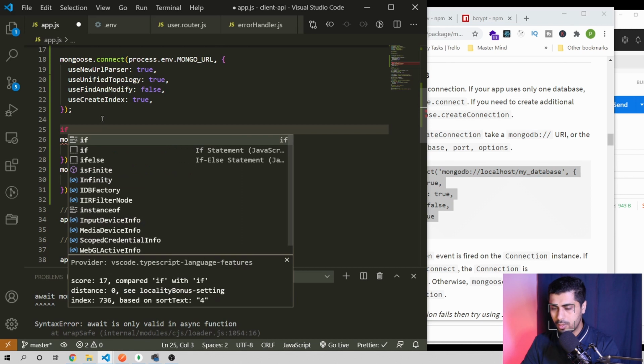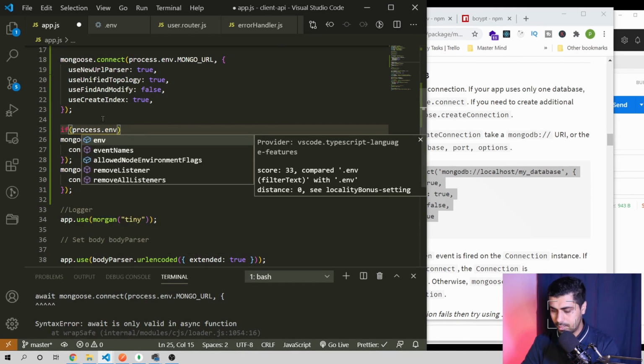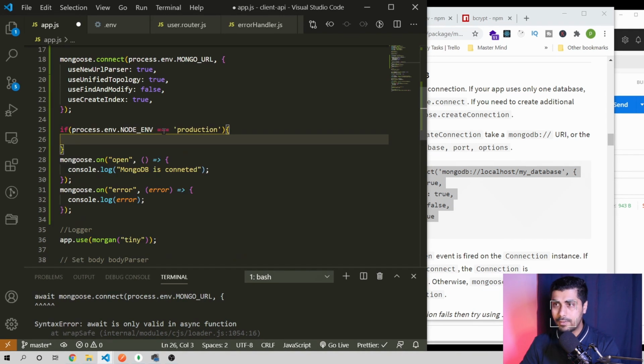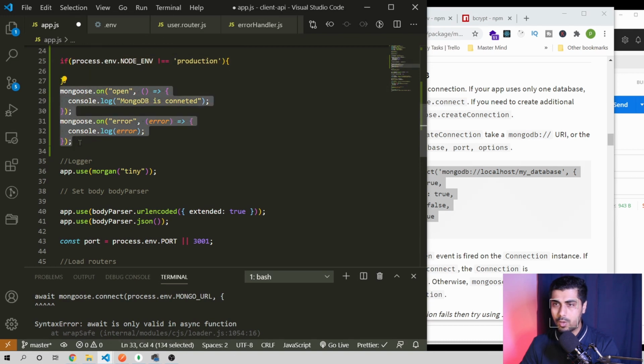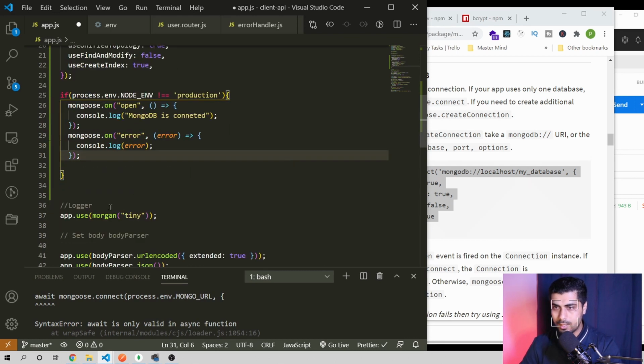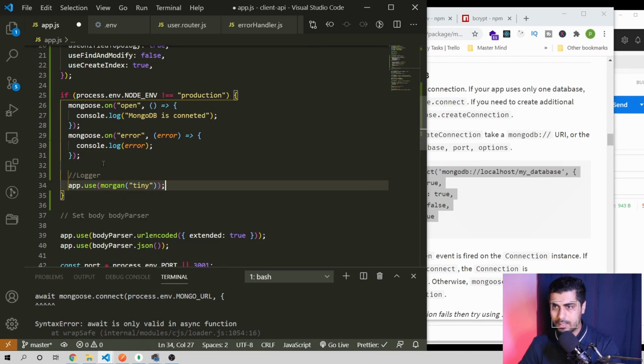So we can also hide that one in the production by simply accessing the node environment through process.env.NODE_ENV. If it is not in the production, that means in the development, then only execute this line for us to see. And I saw the tiny logger here. Let's put this one in the development environment only, because I don't need to see this one